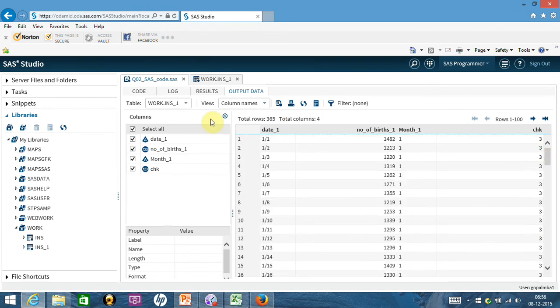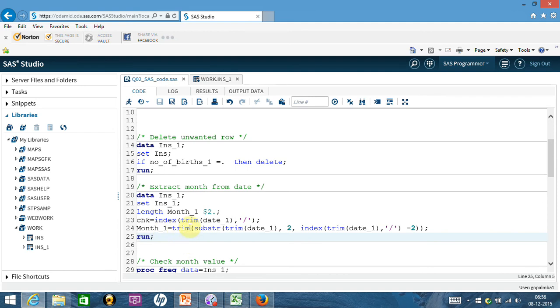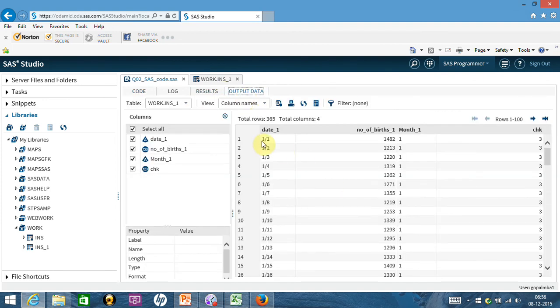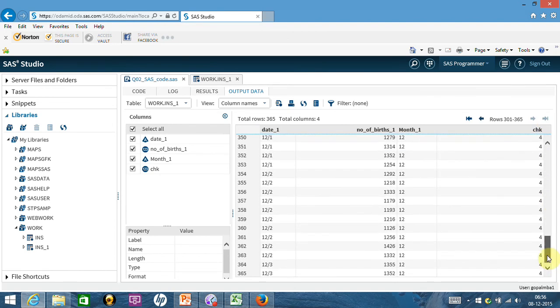Now first understand what month is and what CHK is. CHK is giving you, in this date 1 field, where you find this character. Now go ahead, take a look at this data. You should expect CHK to come as 2 here, correct? You'll see that it is the second character, which is the forward slash. And at the bottom, it is putting 4, whereas you would have expected it to come as 3, because 1, 2, 3 characters. So it looks like there is some blank or some character,